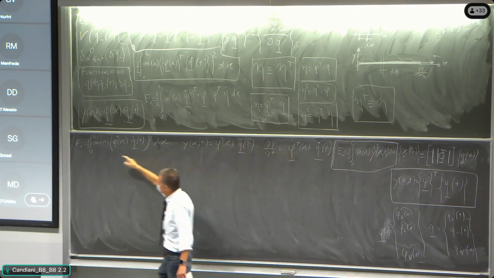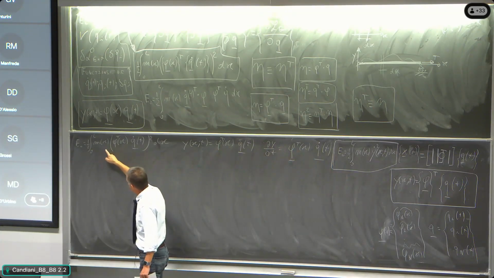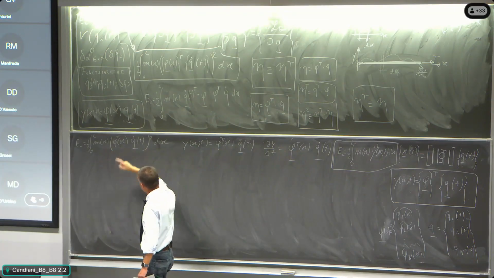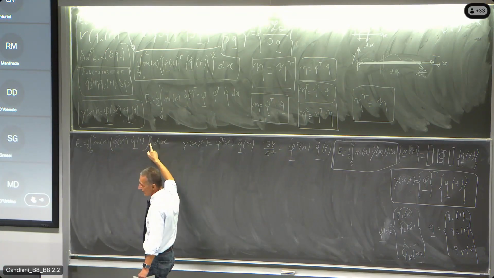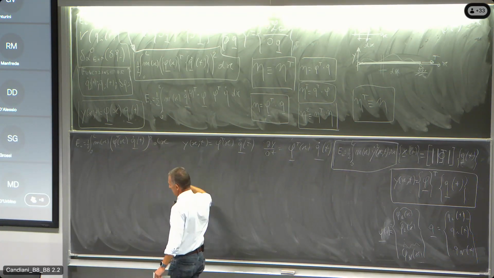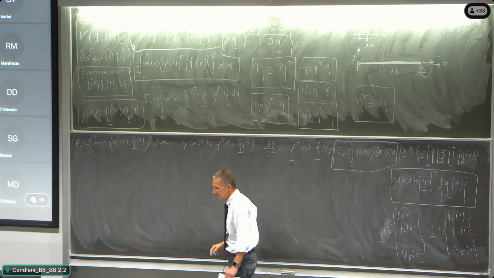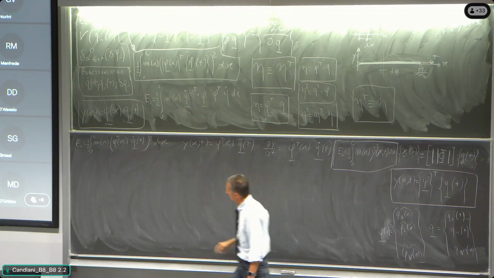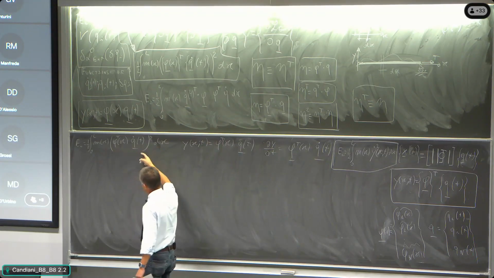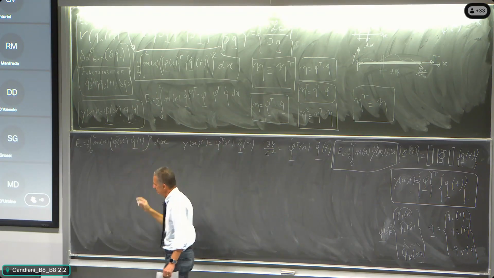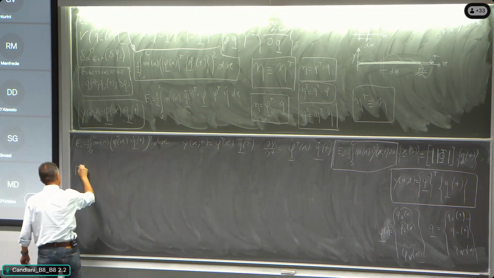So the kinetic energy is m, function of x, times phi transposed q dot square, dx. We use the trick of using eta and eta transposed. We call this object eta, and we write eta transposed times eta. And so finally, this appears as